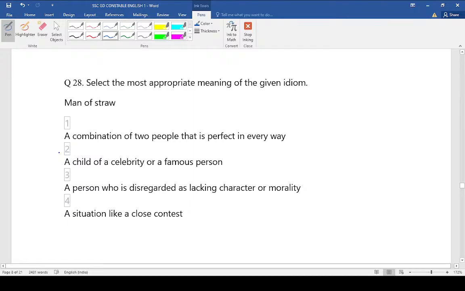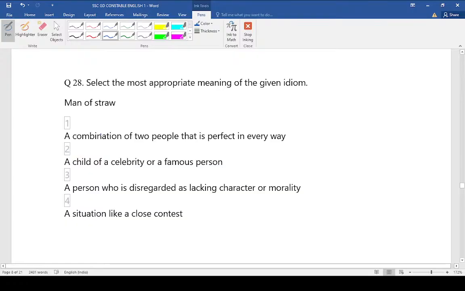Select the most appropriate meaning of the given idiom. Man of straw. First of all, man of straw means what? What is the hidden meaning for this? A person who is disregarded as lacking character or morality. The person who is lacking morality or who is not following the rule. That person will be known as a man of straw. So then,